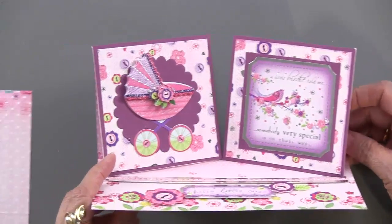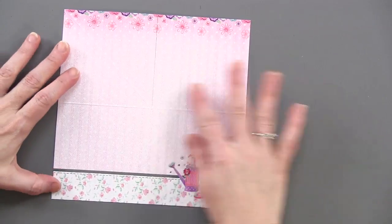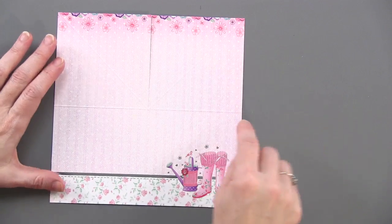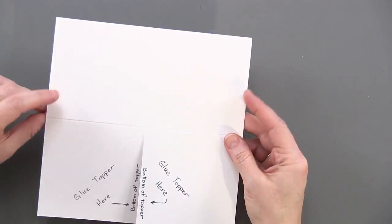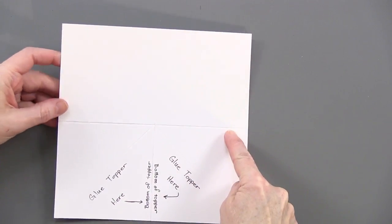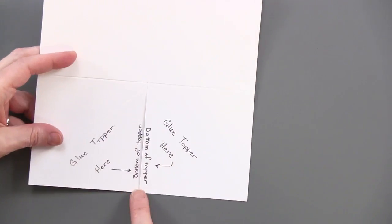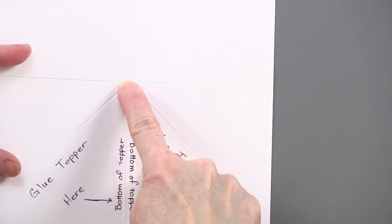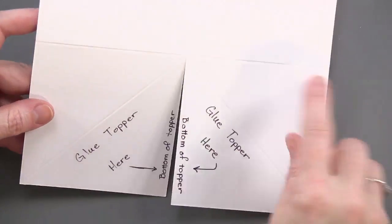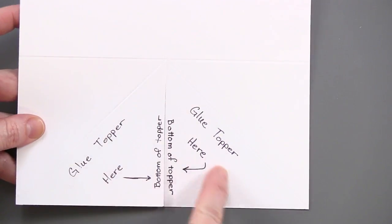And I've got the cardstock here that was used, so I can show you. This is just one piece of cardstock. It's cut 8 inches by 8 inches. Then I'm going to turn it over here so you can see it a little better. It was scored in the center horizontally. There is a cut so that you can see it was slit right on the center from this point to the center of the cardstock. So it was cut there. And then it was scored again from that point in the center out to the corners here,